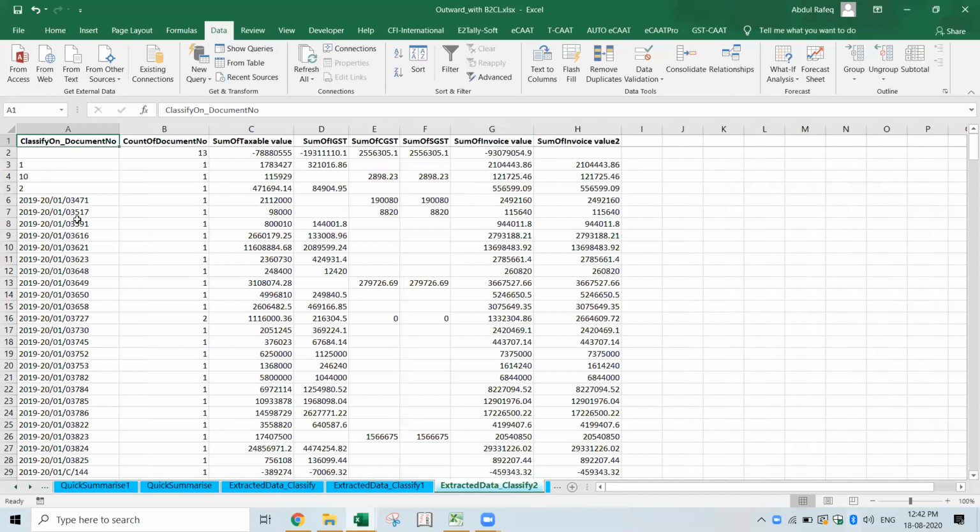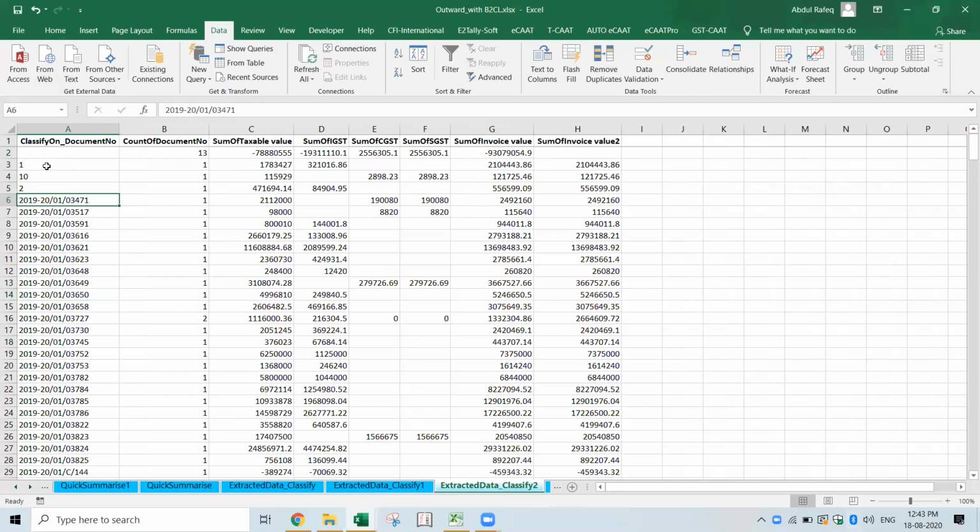See, this is based on the document number. So what's happening on the document number? See here, I found 13 documents. You found that the number itself is not there. For one document they've just given us number 1, in another case they've given 10, they've given 2, and in all other cases I got the document number.